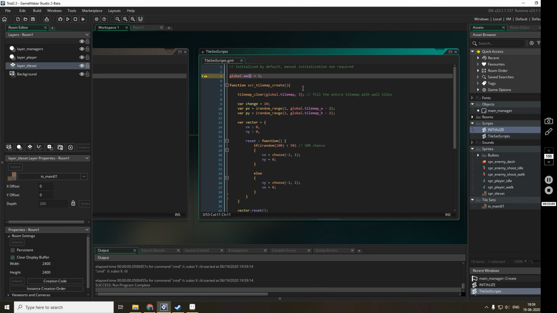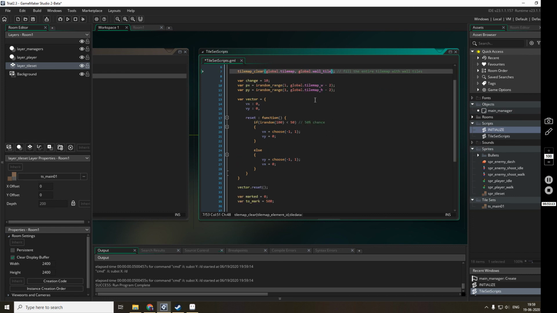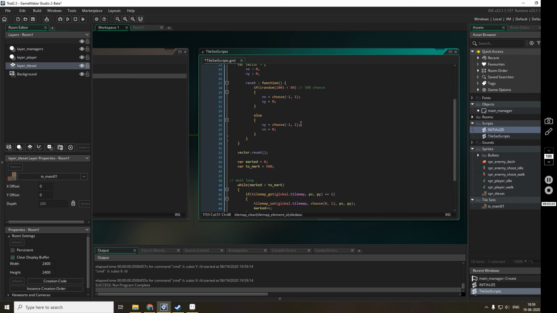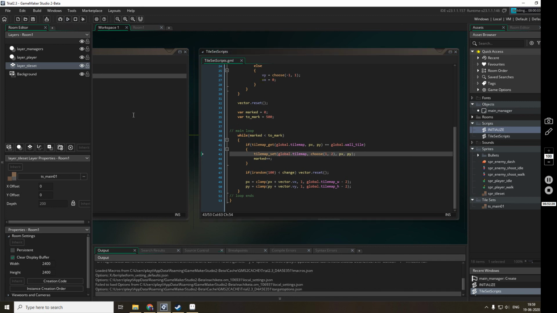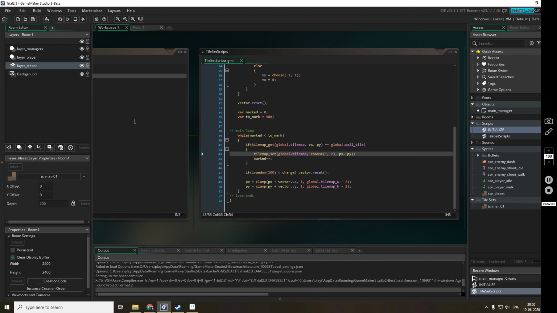Wall tile maybe. This will be easier. Okay, global dot wall tile. Yes, it will not be, it will be 1 and 2.